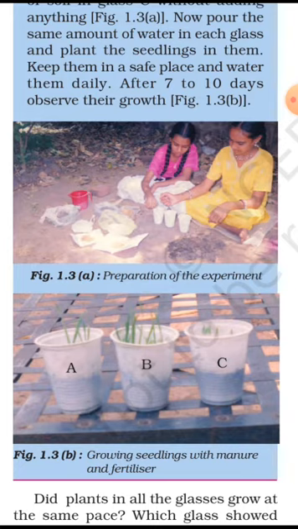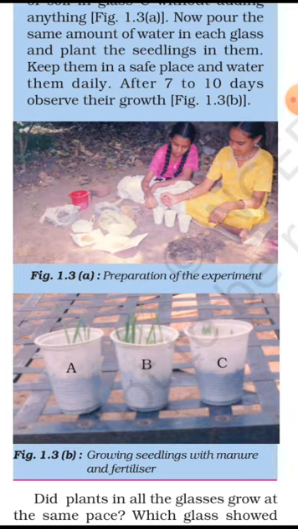In the C, again you take the same amount of soil only, and with the same amount of seed, pour a little water and do the experiment. Keep it for some days, at least 3 to 4 days. Here it is written 7 to 8 days, a week, you can keep it a week too, but within 3-4 days you will also get to know the result. But the more days you keep it, the clearer the observation will be. After 7 to 8 days, 1 week, you will observe that the plant in A has grown, the seed planted in glass A has grown a little,